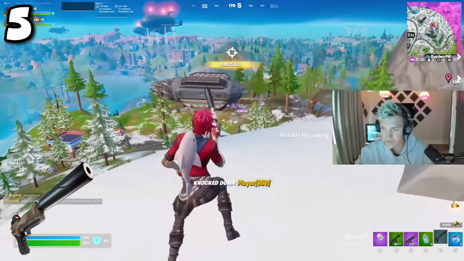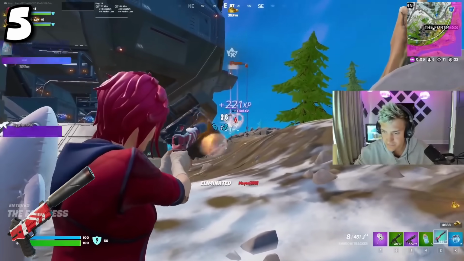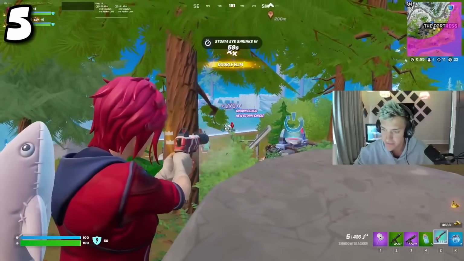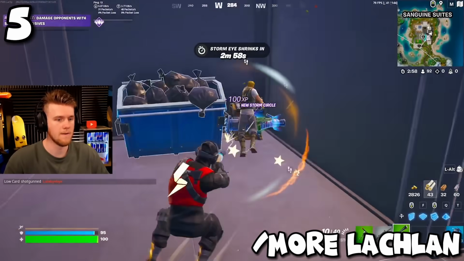Its mythic is just, well, the mythic version, and the exotic is the shadow tracker pistol. Let me tell you, that shadow tracker is special. It is one of the best exotic weapons we have ever seen. Honestly, that kind of carries this placement, although the mythic version is just as good because its DPS is over